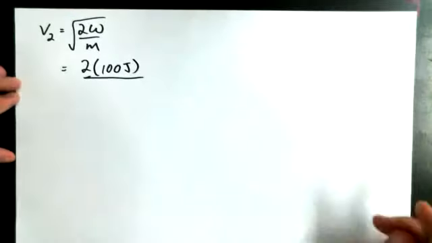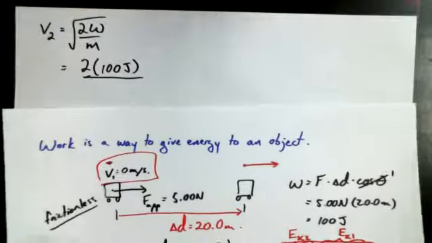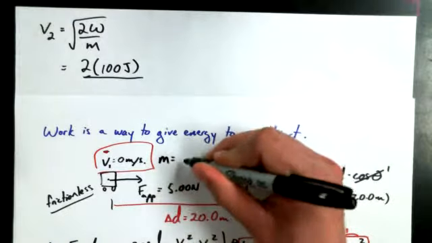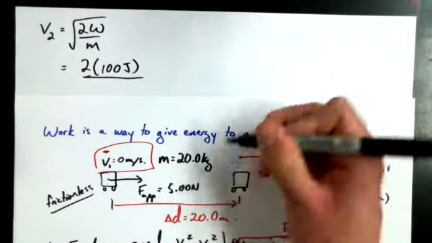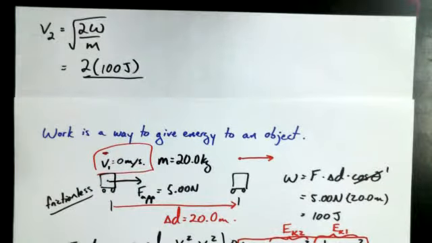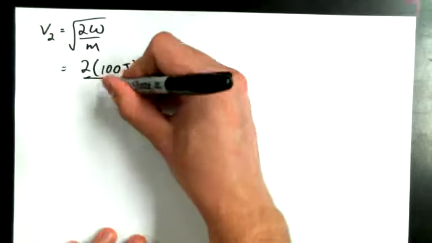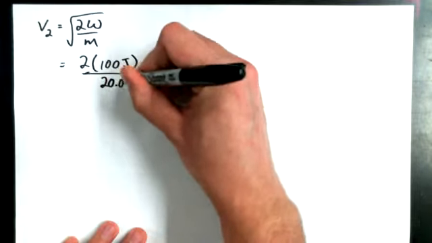Did we claim a mass on this object? No. Oh, we haven't claimed a mass on this object. Okay. Let's go back and add to the diagram. Mass equals, oh, what's going to be a nice one? 20 kilograms. Let's make this a 20 kilogram object. Sorry, I forgot to write that in. 20.0 kilograms,